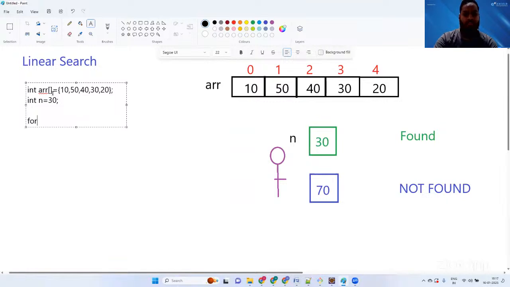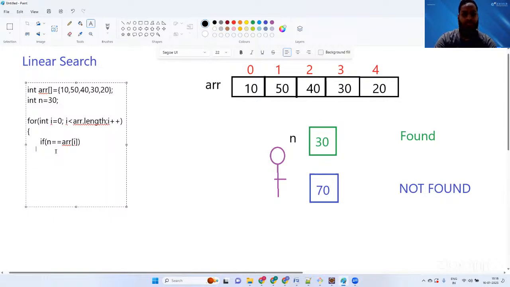So my iteration will start from which index? From the start. Okay. So I'll use I equals to 0, and we'll go till where? In this case, we will go till ARR dot length, and I plus plus. And then what will we do? At each iteration, we will compare if we have found the number. So if my n is equal to ARR of I,